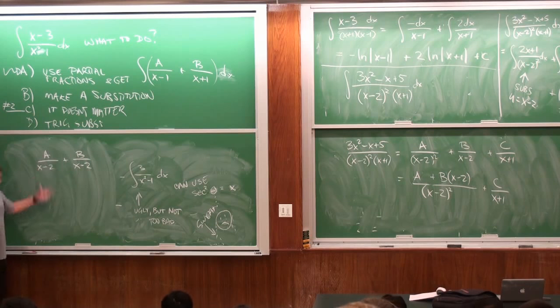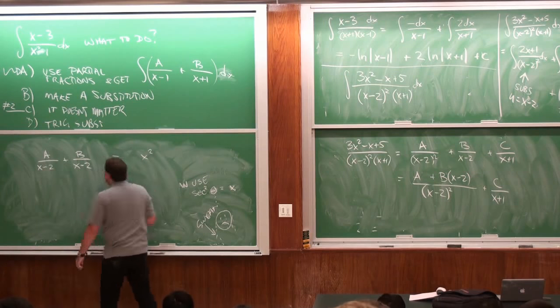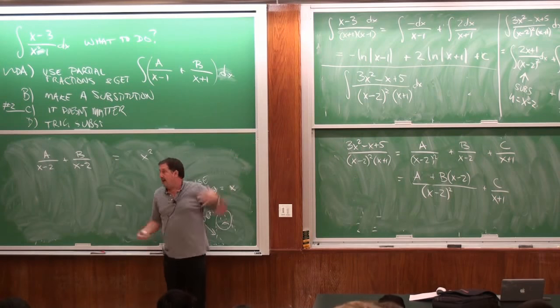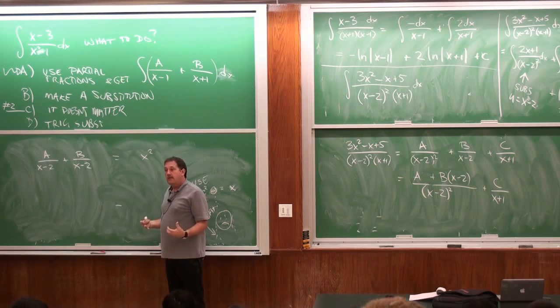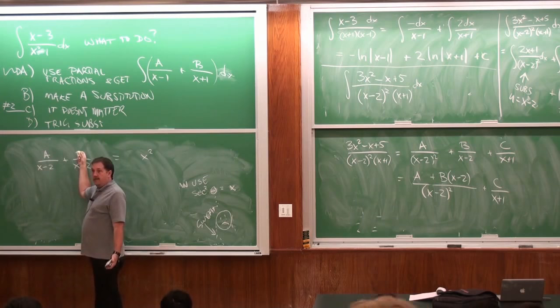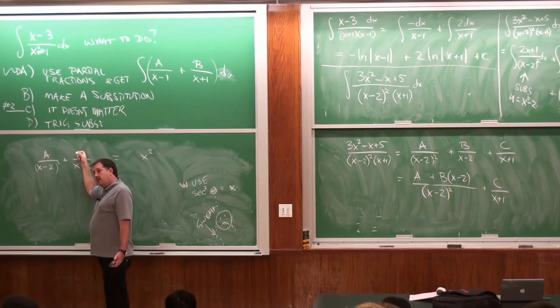I can't. But that has to equal something with an X squared, because I have an X squared on the top. I can't get an X squared out of that, because when I cross multiply, I'm going to have A times X minus 2 plus B times X minus 2. Well, they're not going to give a square, so it's not going to happen. So I need to have something squared. I could square this, and then when I cross multiply, the B will get the X squared term. But somehow I'm going to have to pick up the X squared term.